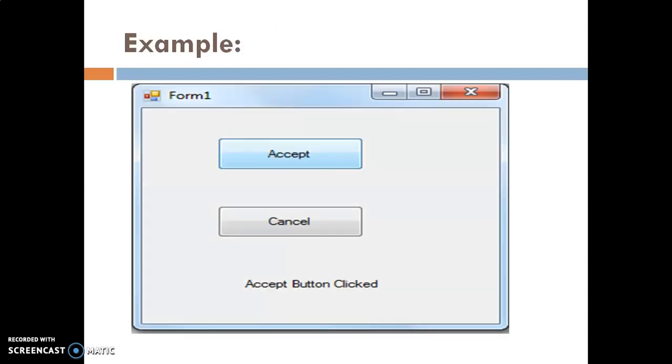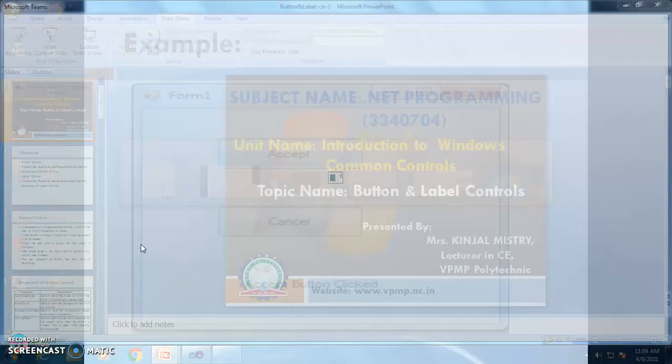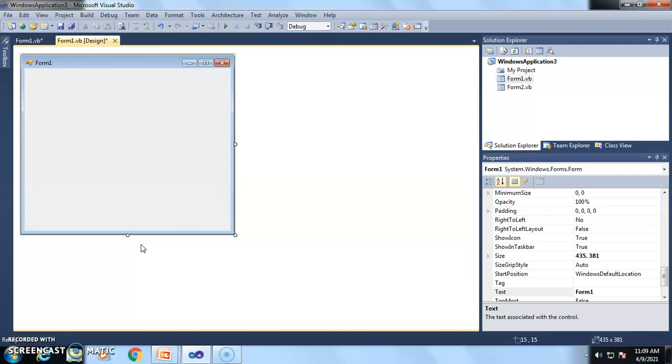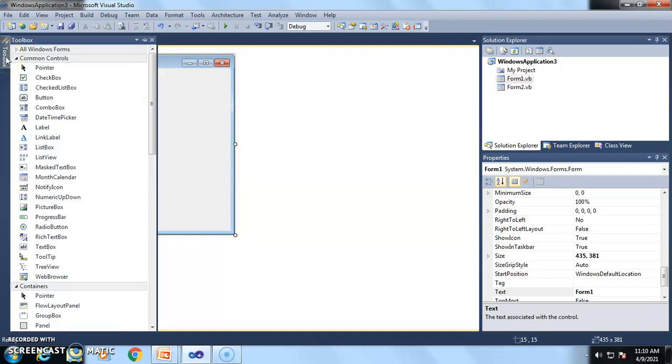This is a small application to use the button controls. Now we perform this small application in Visual Studio. So we open Visual Studio. Now first we drag and drop button control from the toolbox.